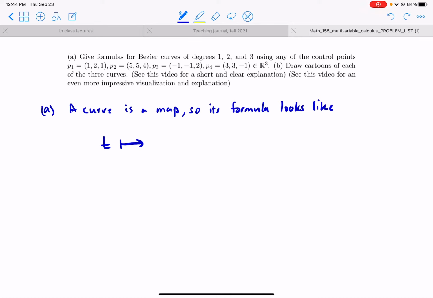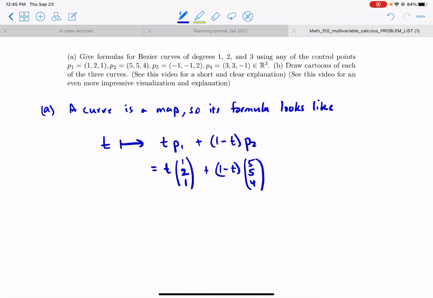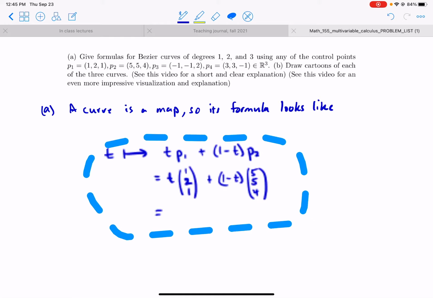And so we only need two of the control points. So let's choose P1 and P2. Okay, so t times P1 plus 1 minus t times P2. Explicitly, I need to show that I know what this is. P1 is a vector. 1 minus t is a number, and P2 is a vector, or a point. Okay, so usually a map to R3, so all these control points are in R3,